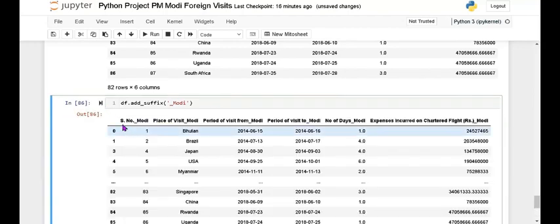So there is serial number Modi, place of visit Modi, period of visit from Modi. It is used at the end.